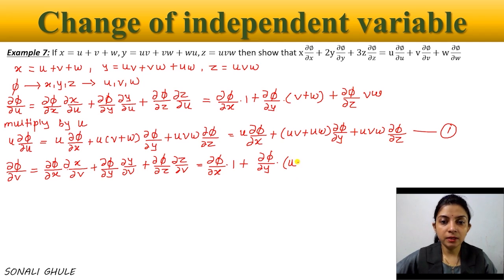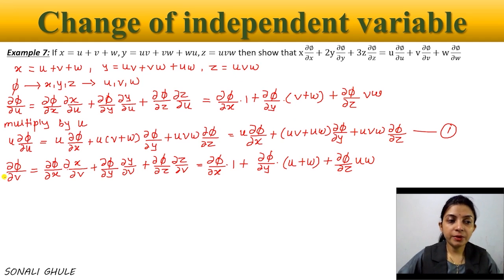See, you can write here u plus w. Then plus phi with respect to z and z with respect to v. This is z. Differentiate with respect to v, it is uw. And now this derivative of phi with respect to v, that we have to multiply here by v. So if we multiply here by v, that will give you v into dou phi by dou v